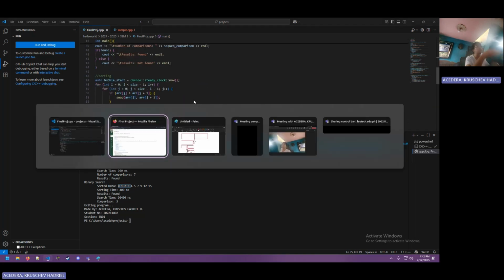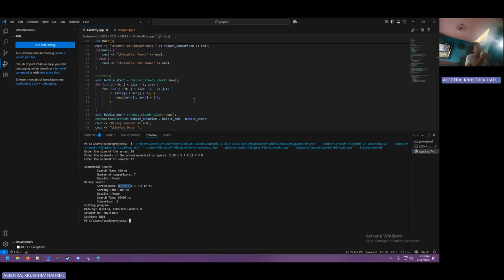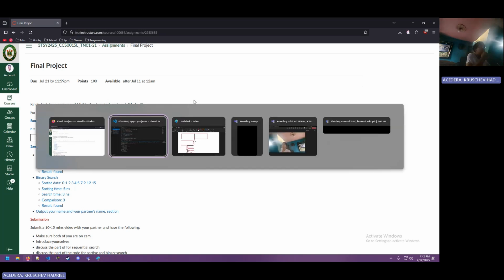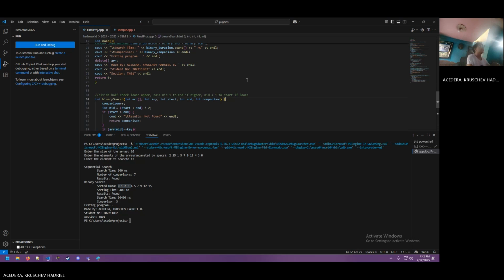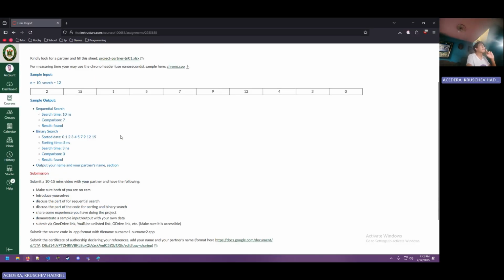In my opinion, this could be due to computer processing power, or maybe lack of optimization for the code. Anyway, theoretically, binary search should be faster compared to sequential search.